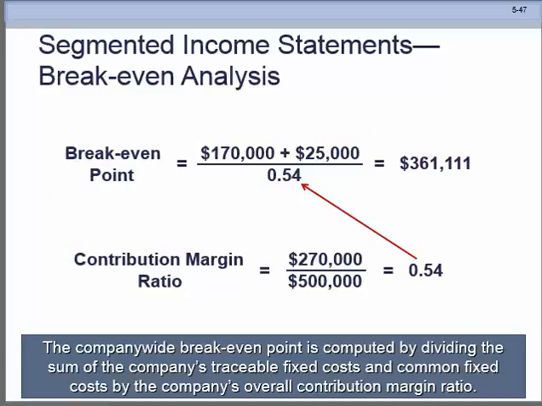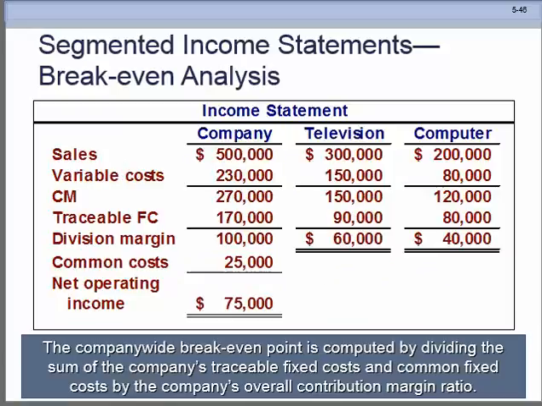Okay. So, take a look at this, 170,000 and 25,000. Where did that come from? It's right here at the traceable fixed costs and the common costs. Okay? So going back,